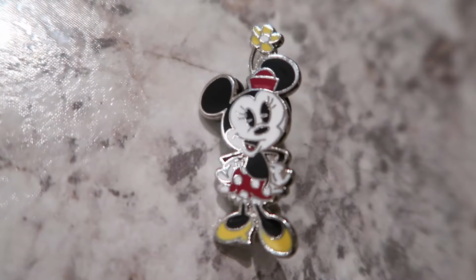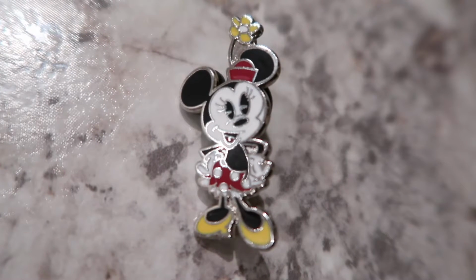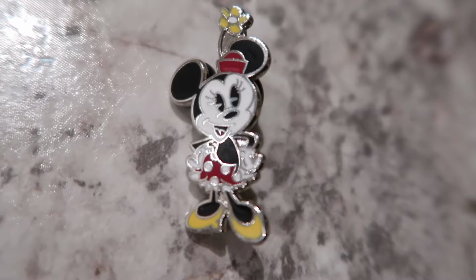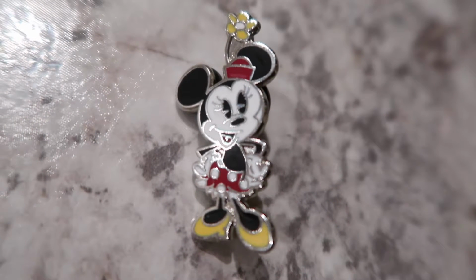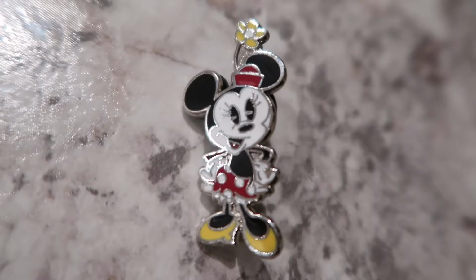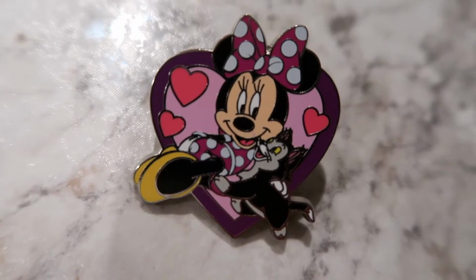And last but certainly not least, I have two Minnie Mouse pins. So the first one is this old school looking, but actually it may be kind of the current designs for Minnie Mouse. And she has her hand on her hips and is just looking really cute. She's sassy. She's like, I've got a pot on my head, deal with it. Yeah, she has like a flower coming out of her hat. Cute. And then the last one is beautiful Minnie Mouse with her kitten Figaro, and they are in a heart,